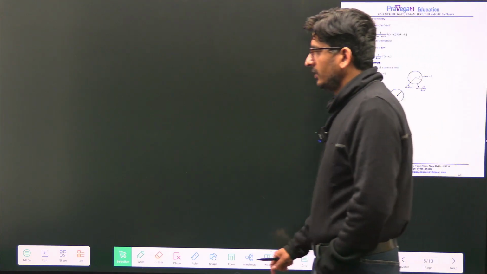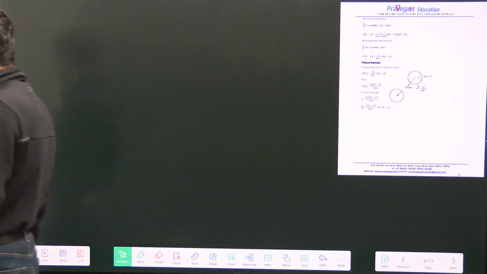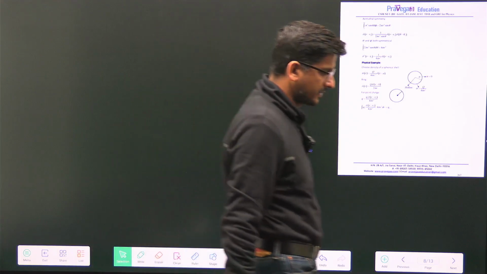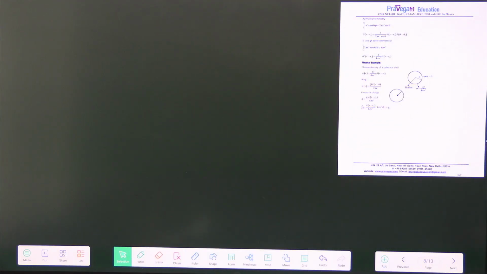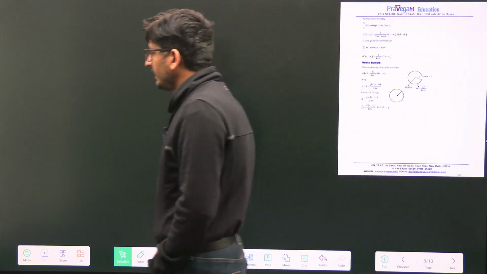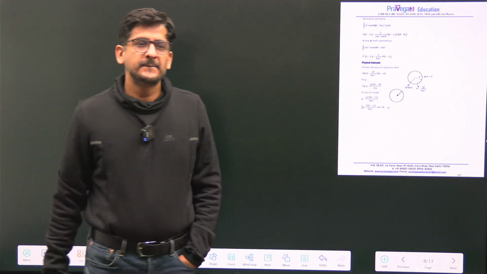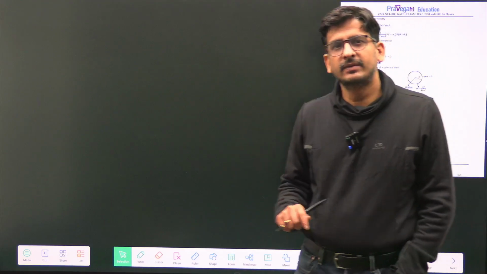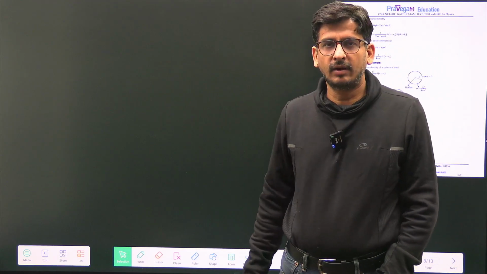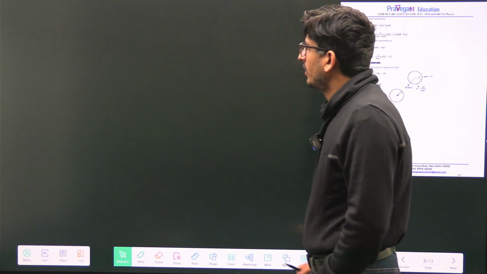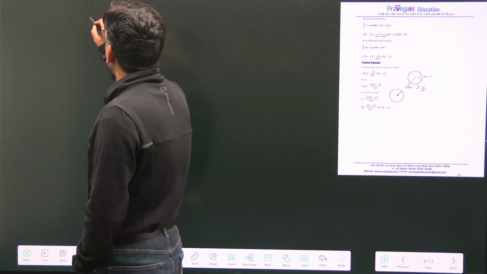Okay, so I was discussing in the last class, I told you all the basic properties of the Dirac delta function, and now let us solve some questions based on it. One very important thing is that if you want to represent something which is present at one point and absent at all other points, we can use the delta function. So let us see how we can represent the